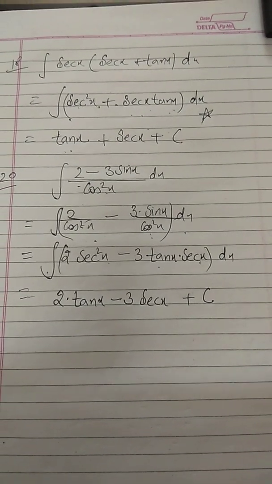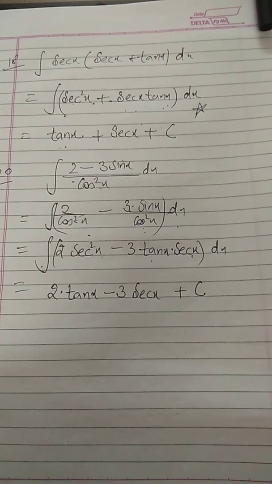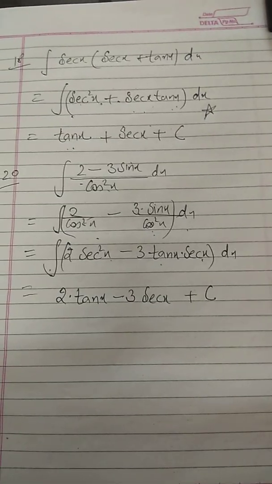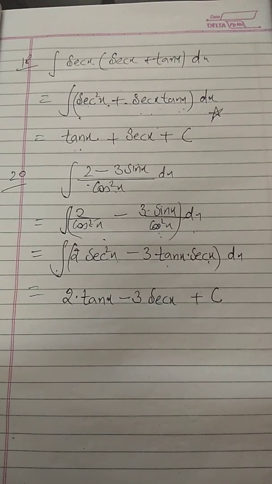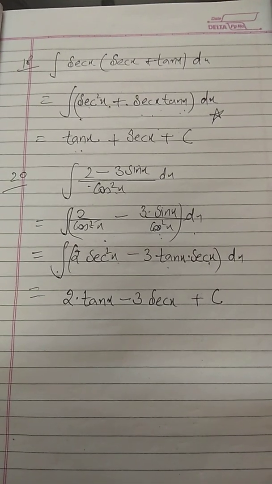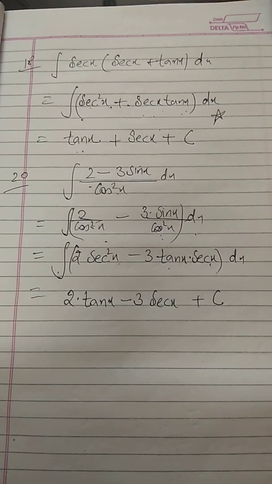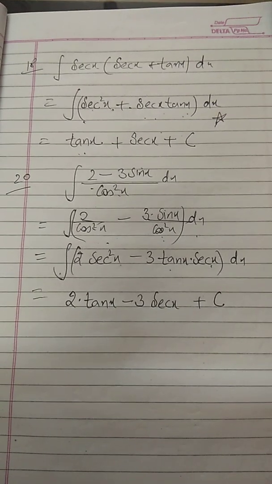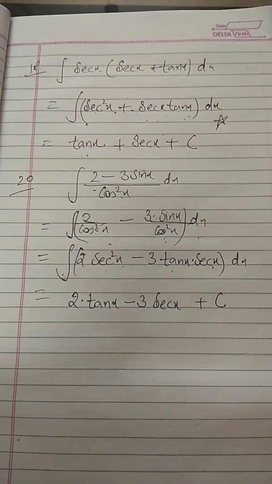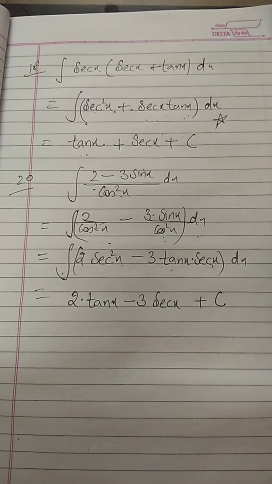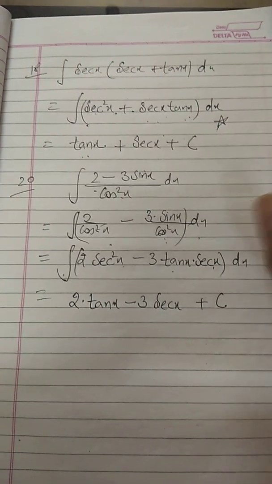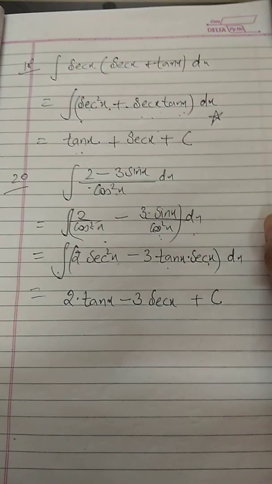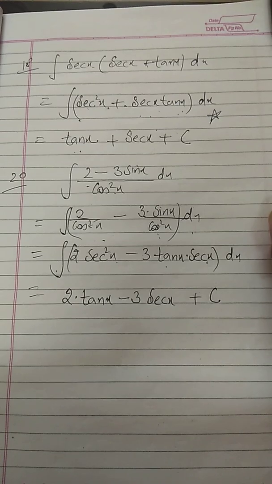Okay, so this is how you people can complete your exercise. Hardly a few sums are left. Most of the sums of this exercise we have discussed, and you people will be able to complete. Sum number 21 and 22, these are MCQs. You have to find the antiderivative of the function. Antiderivative of the function means which function will give you the given function as the derivative. So the original function of the given function you have to find, and by inspection you people will be able to do that. Okay.